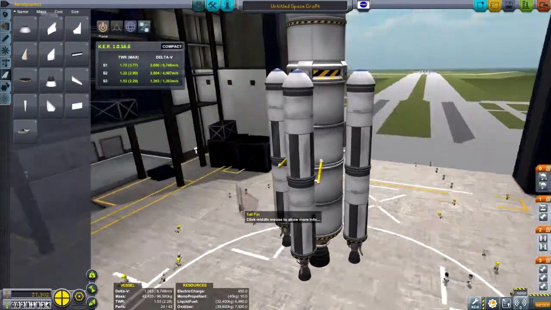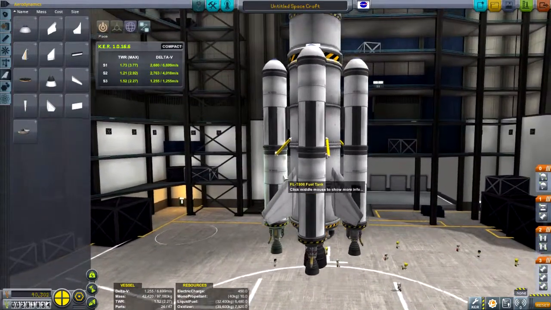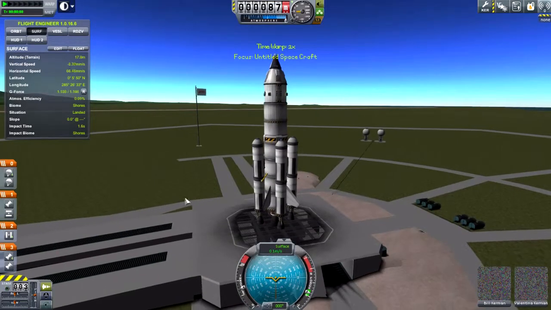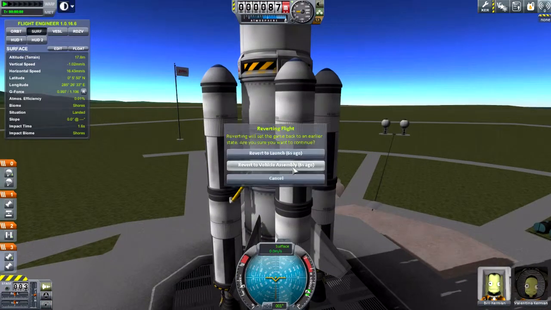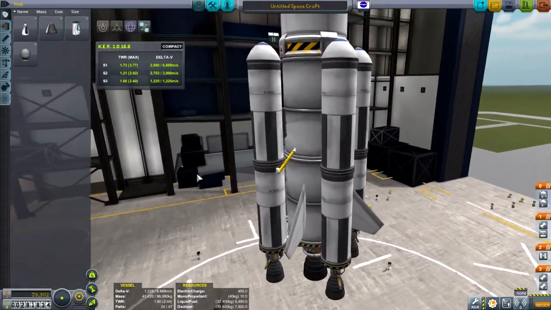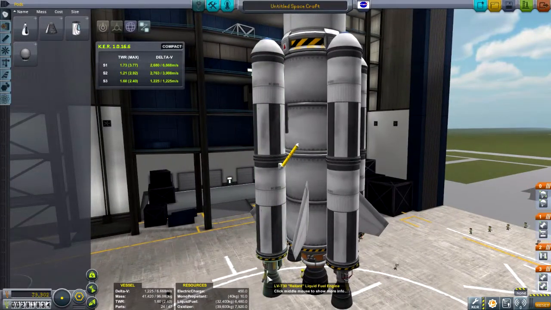I just need to add these nice tail fins, and of course this is where the really nice 2.5 meter tank is going to come in, because it's going to be the main drive for our stage. Now one thing you're going to notice is I'm going to just mention real fast asparagus staging. What asparagus staging is basically, it's when you have liquid fuel tanks with engines on them outside of the main drive. So you can see right here, these 2 liquid fuels and then the engine below it are on the